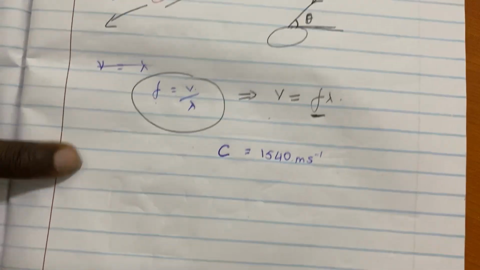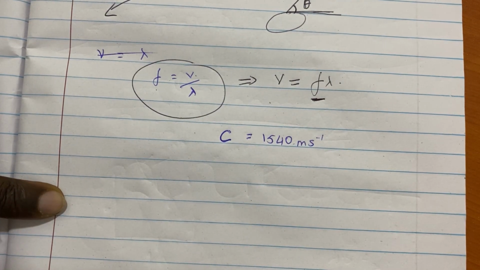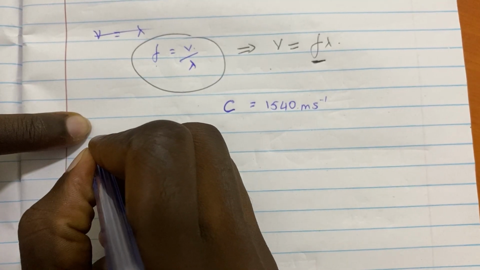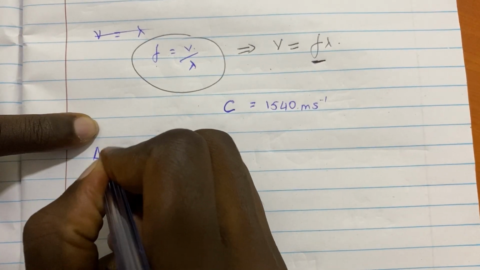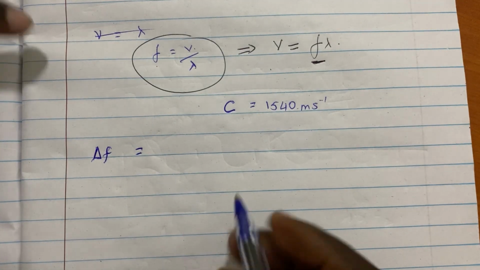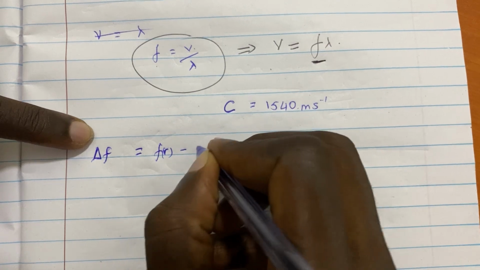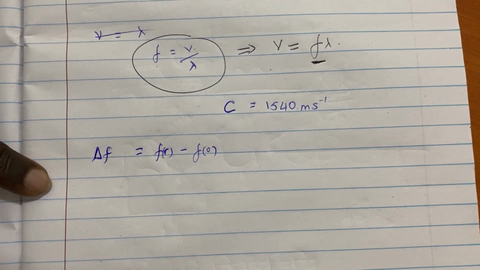So what we are going to do is to relate all these into one equation, because that's what we want. And then we see why we do Doppler. We have Doppler shift. Remember, we said Doppler shift is a change in frequency. Doppler shift delta F is equal to, we already gave it here, FR minus F naught. Yeah, that is a Doppler shift.